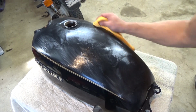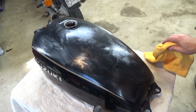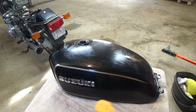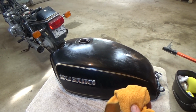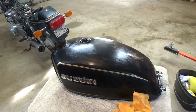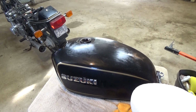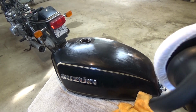So, all right, let me go ahead and get this all on. We'll let that dry, and then we'll kind of buff it out. All right, incidentally, I am using a different rag to apply the wax than I did to clean it. I just thought I'd point that out before somebody calls me out for it. I think what I'm going to do is hit the parts I can hit with my buffer. I've got an applicator bonded on there. Obviously I'll have to go around the edges by hand, but the buffer does a great job. So, again, I'll link to all the things I'm using here down below so you can check them out yourself. All this stuff's fairly inexpensive, so...